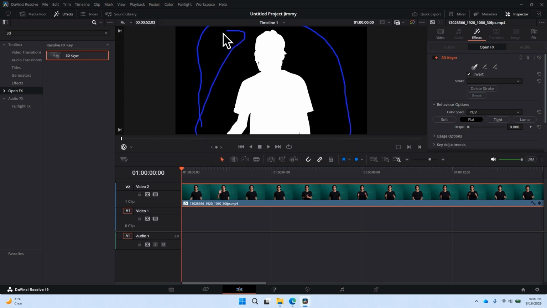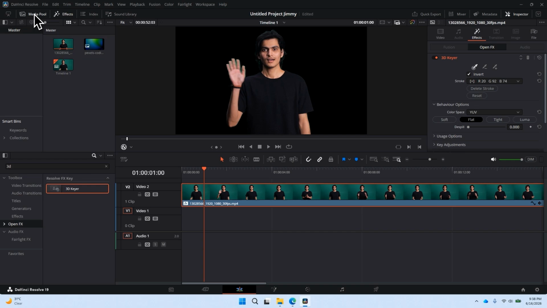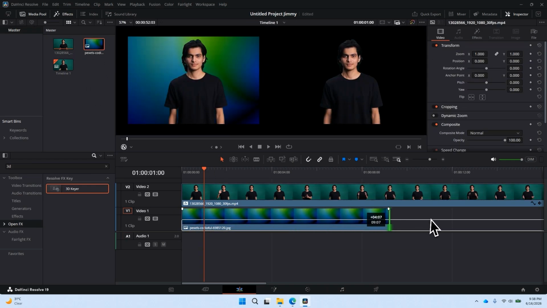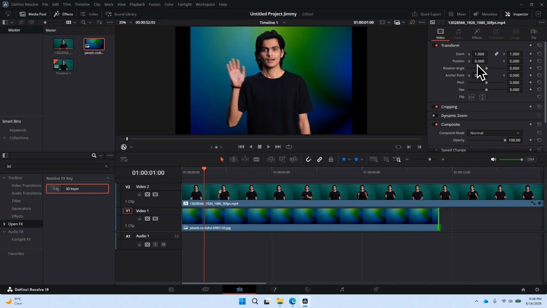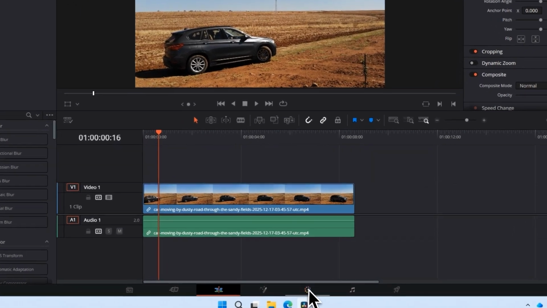Keep in mind that if your subject contains colors similar to the background, those areas may also be removed. If that isn't an issue, the effect should work well. Once the background has been removed, you can place any image or video behind your clip and instantly see the difference. For the second method, which is useful for moving subjects such as a car,